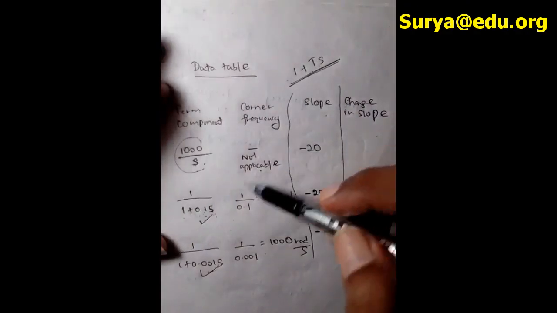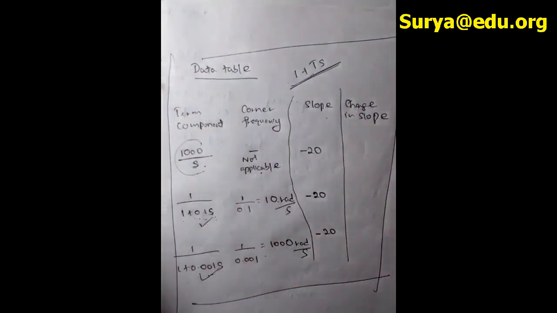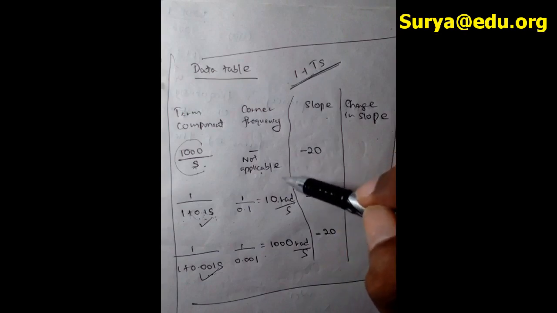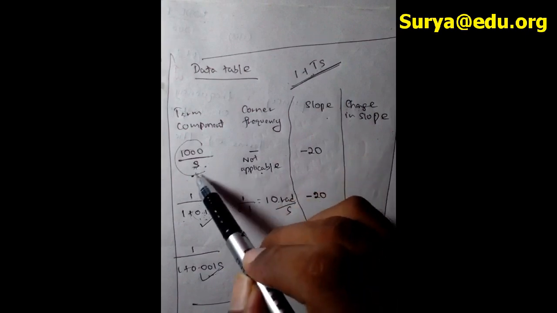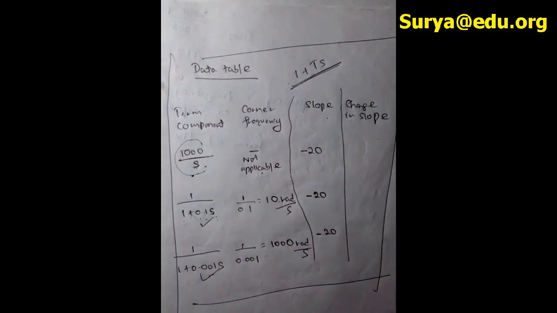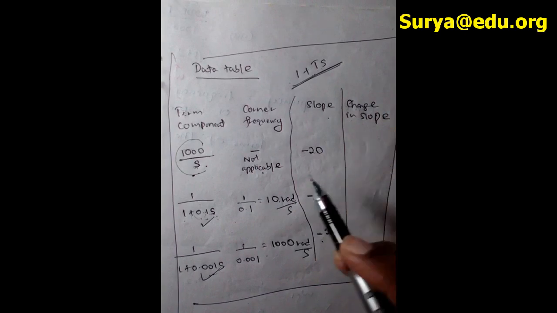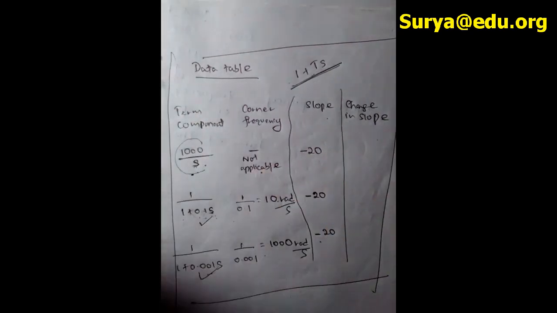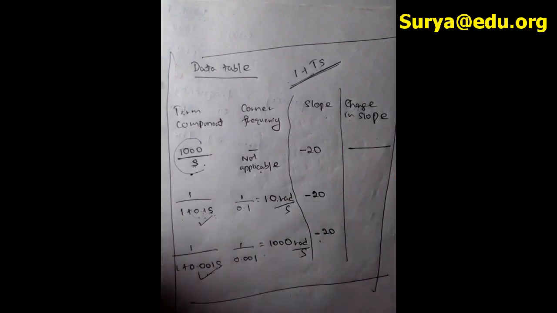Okay, so now again we will come back to the data table. Now you know how to get the corner frequency. From here, the corner frequency, because this is not taking the format of 1 plus ts, and also we obtained the slope. Now the change in slope. Change means the difference, but I told you this is the first term. Just because this is the first term, there is no sort of change.